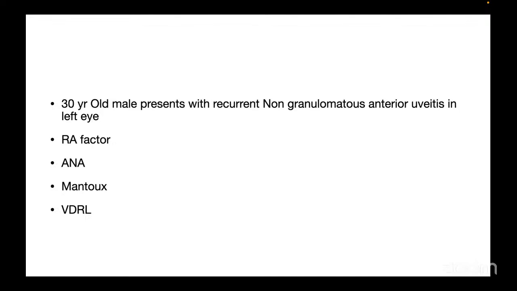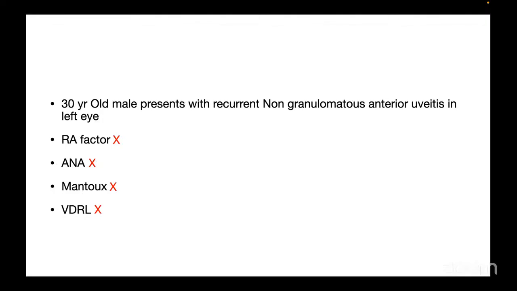RA factor, sir? ANA? RA factors are more common in females, no? So the answer is, you don't have to order any of these. You have to just order HLA-B27 for this patient,